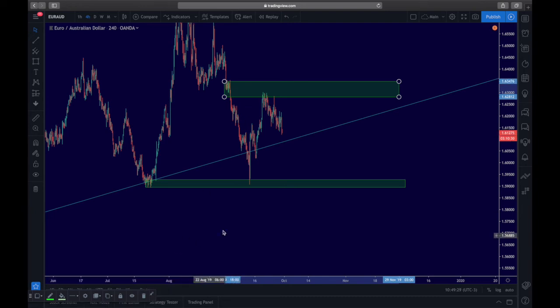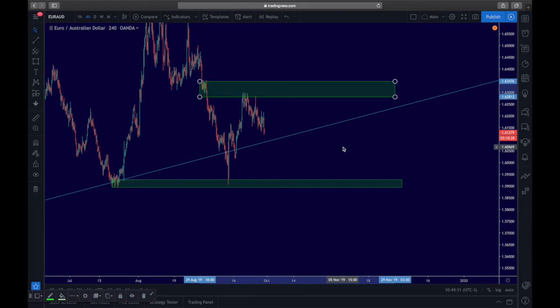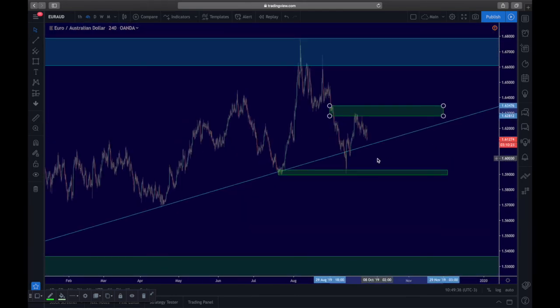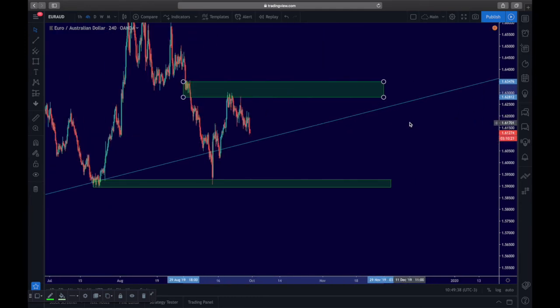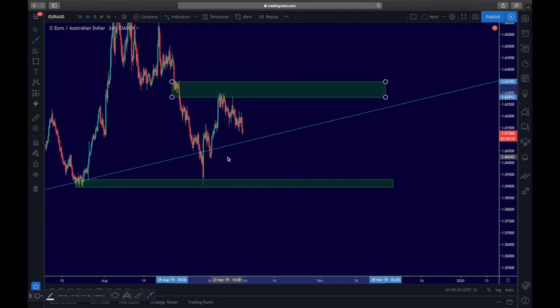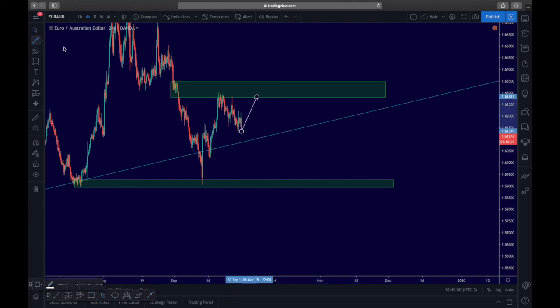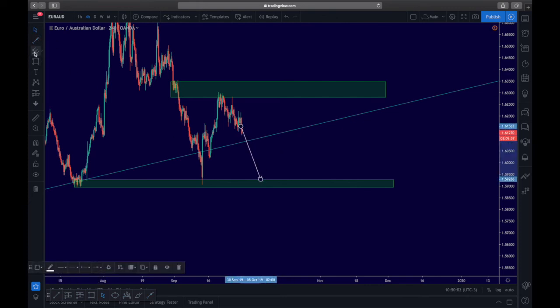It doesn't get much easier than what you're seeing here. And once I've plotted these zones, we now know which areas in the markets are areas of significance. So now I would place my trades around this data. Straight away, I would say that the two scenarios I could see playing out just from looking at this would be, we'd get a rejection off here like this, and then we would come back down to this zone here, or we could see something like this play out where we come down without even rejecting, and